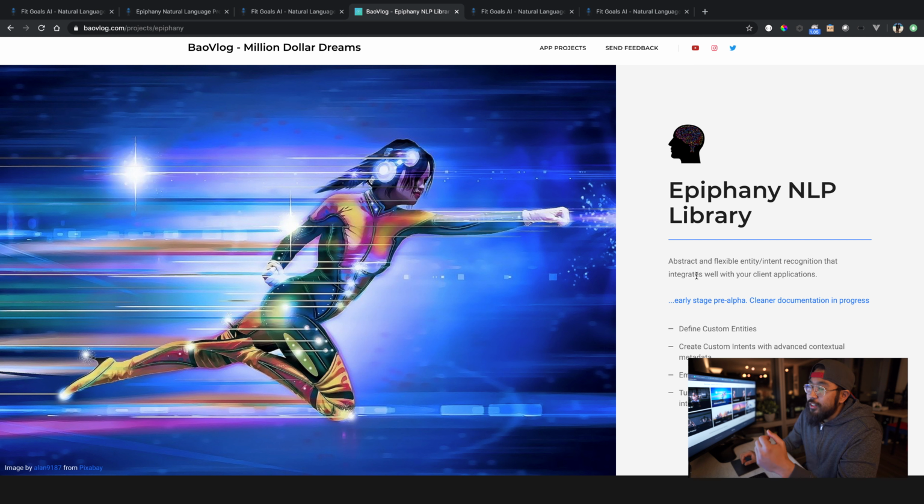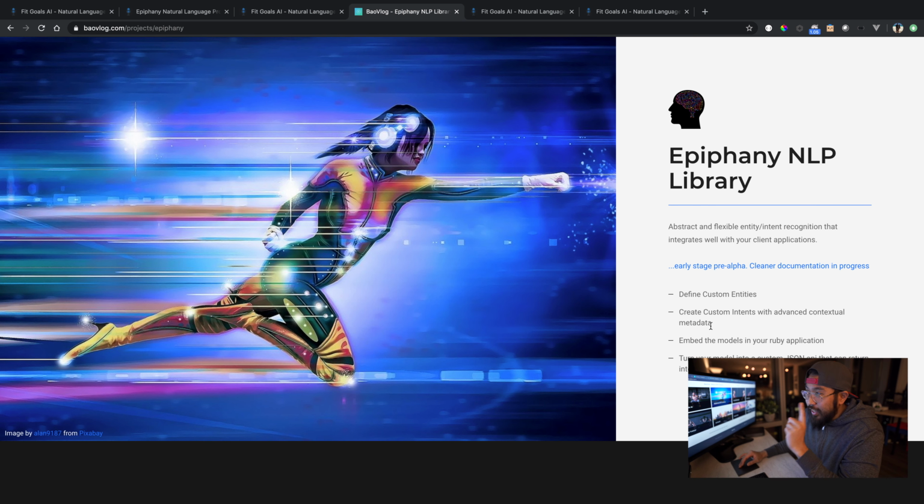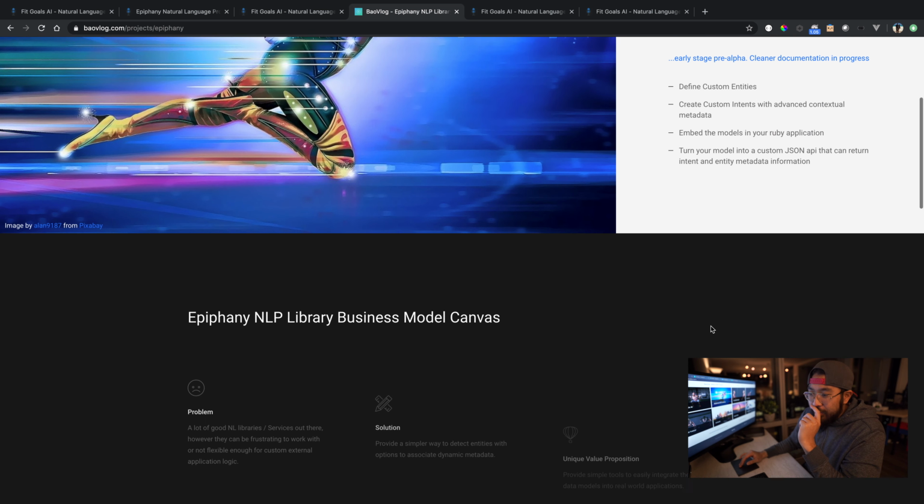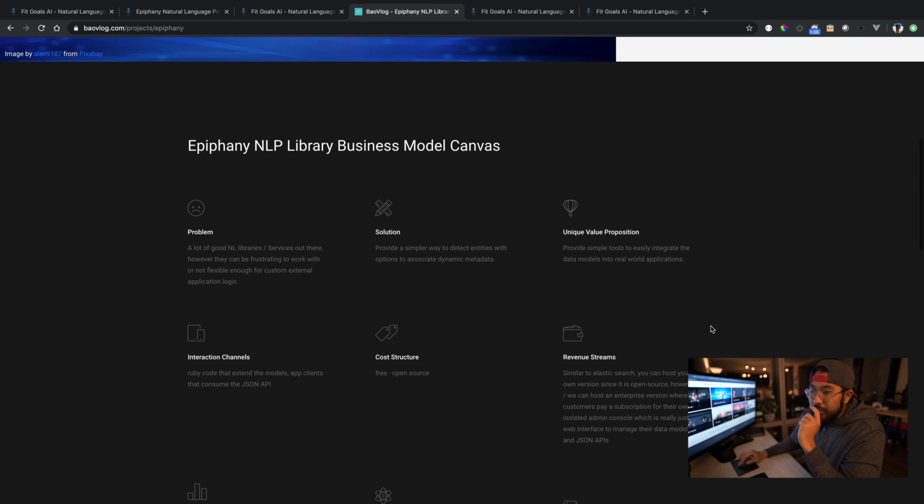It's actually working. Now that it's working, it proved to myself the mental model behind it, so now I want to redo the whole thing, clean it up, publish the entity relational diagram of how I'm building it, and then open source the code and work with whoever wants to contribute in a community-based open source way. Anyways, that's what the Epiphany Library is. It's a Ruby gem, and I'm going to show you real quick how this works.